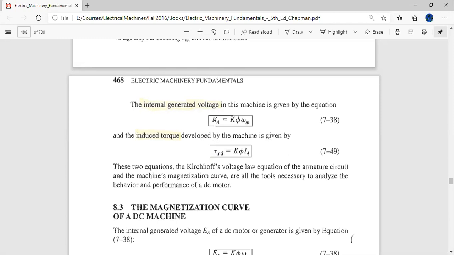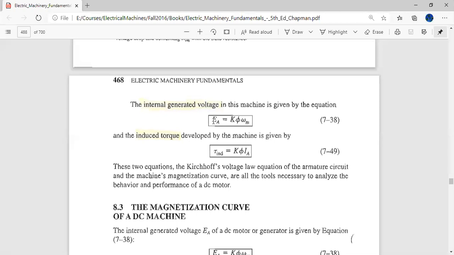Okay, so this induced armature EMF will be an effect present in both the DC motor and the DC generator. But in the DC generator, this is the primary voltage induced, which will supply the load. In the DC motor, this is a secondary effect, because we have supplied the electrical energy and we wanted to do mechanical work, and this is just a byproduct in the machine: due to the rotation of the armature in the field, there is some EMF induced in it, which opposes the primary applied EMF. So in the motor this is a secondary effect, in the generator this is the primary effect.